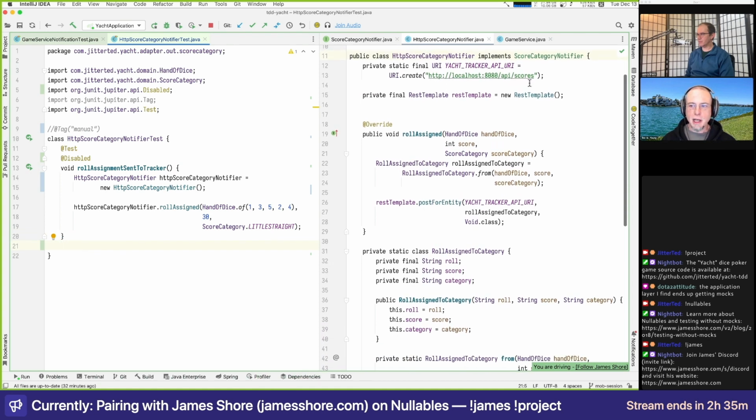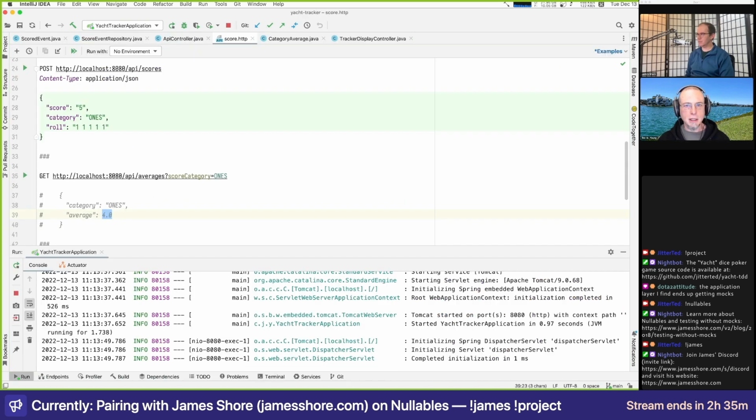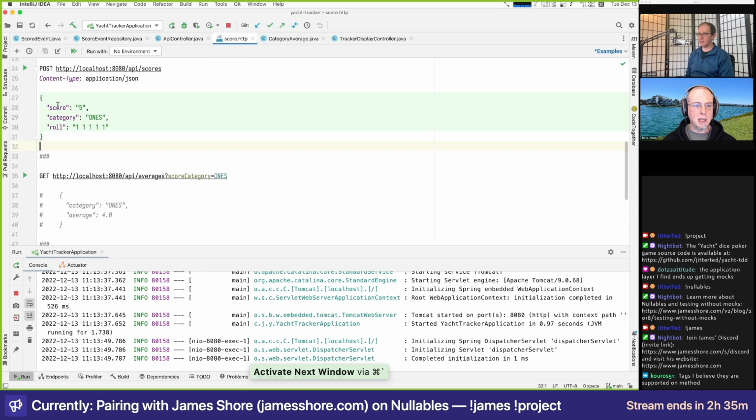All right, so this is the API endpoint that we're going to talk to. API scores, so we're going to post to that, and we're going to send it some JSON in a specific format. And what that expects is basically something like this. So it's going to have the score, and these are all strings just to make it